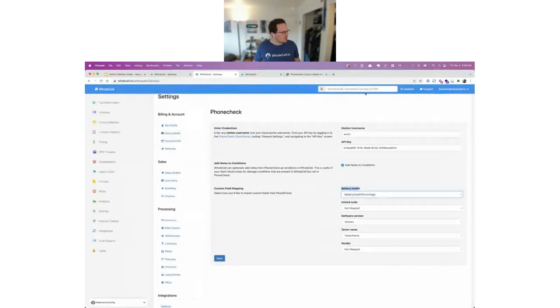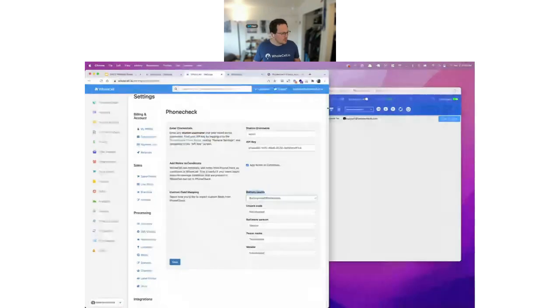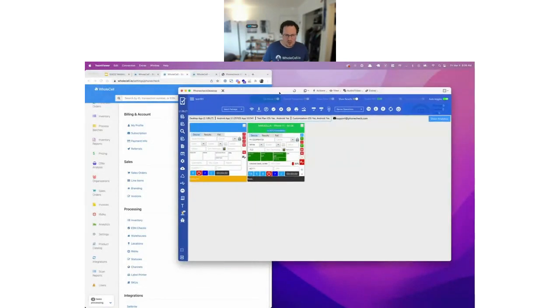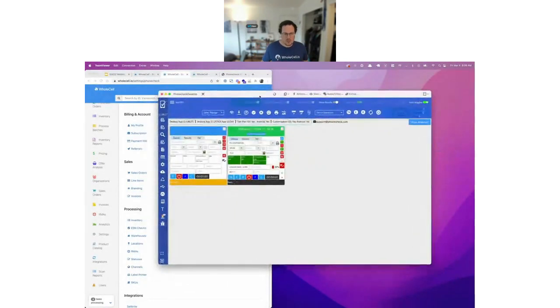So let's pop over. Hopefully you guys can see my full display. I've got Phonecheck running back here, and I've got this iPhone 11 plugged into a Phonecheck instance. Can everybody see the Phonecheck screen? I want to make sure I'm not just sharing a window. Looks like it in the preview. But anyways, I've got a Phonecheck instance pulled up here. Cool. Thanks, Heider. And I've got an iPhone 11 plugged in, and I have already gone into, you can see